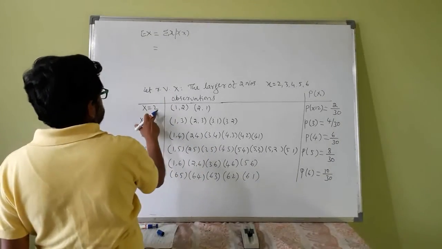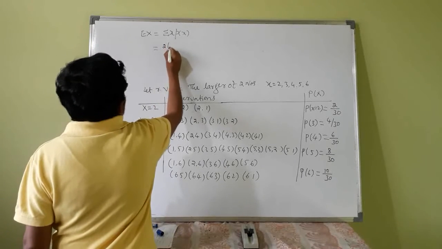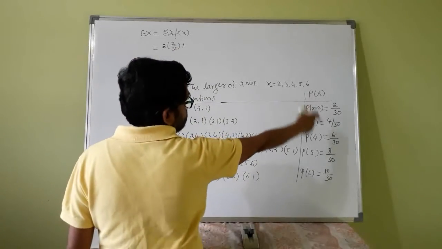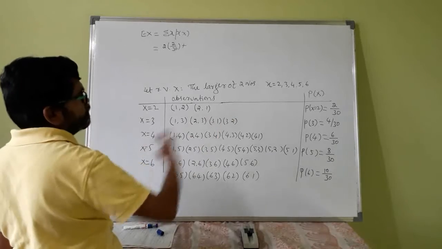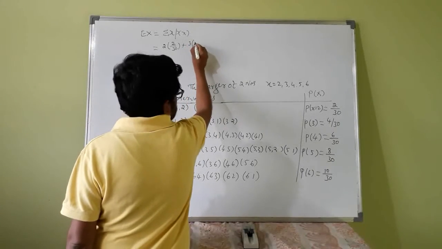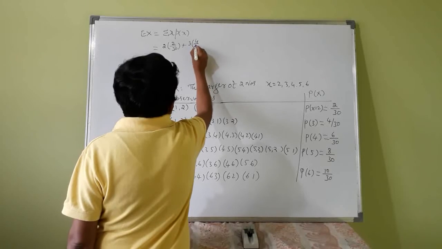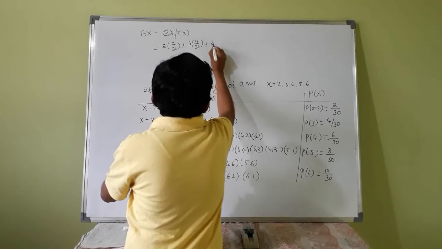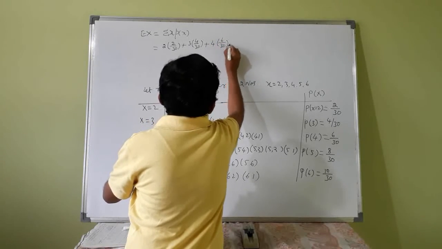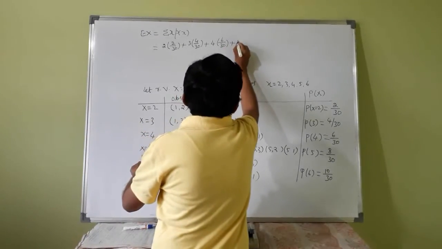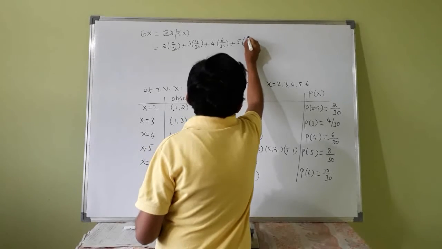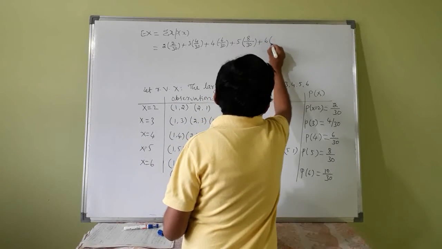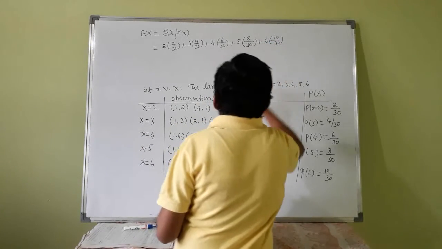That is, x is 2 into 2 by 30 plus, or if you construct one more column there, directly you can write 3 into 4 by 30 plus 4 into 6 by 30, 5 into 8 by 30, 6 into 10 by 30,